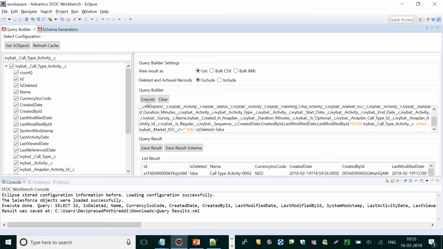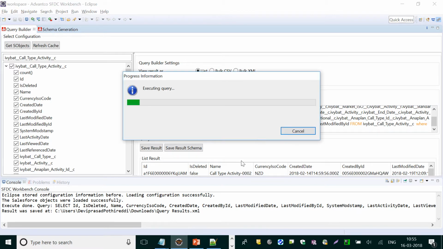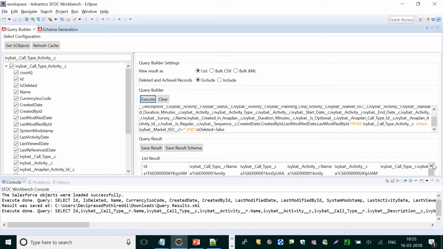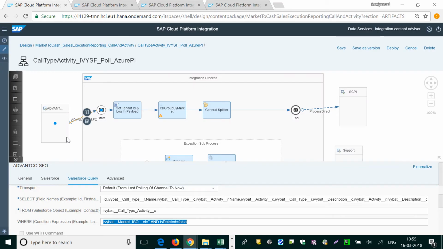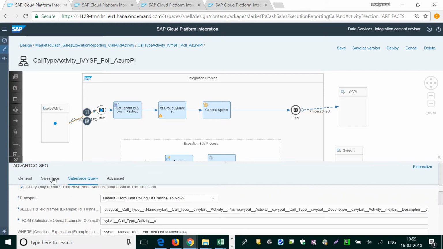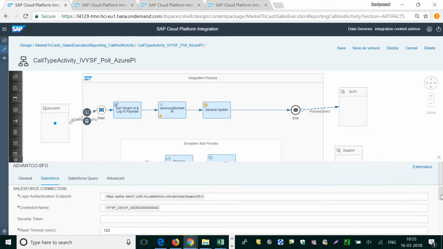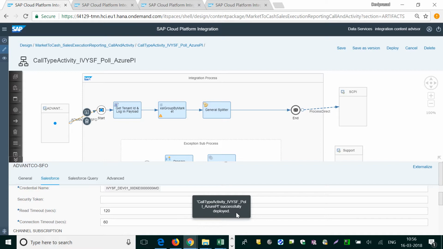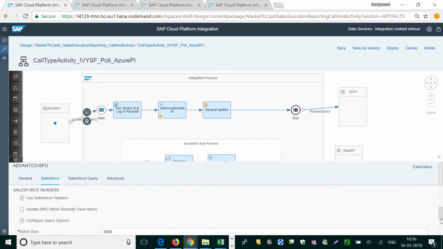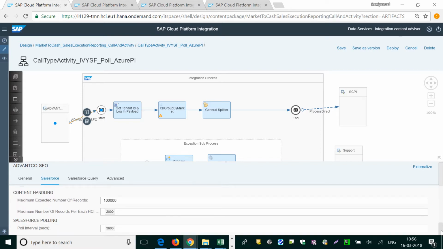Okay, and execute it. So it will fetch us data, the same data HCA will get once you deploy it, because of the poll interval time. So in Salesforce, as per the poll interval time, it will execute a query in the connection timeout, right, and read interval time, and poll interval time also you can see here. The maximum number of records, the poll interval. For every 3,600 minutes, it will place a query on the Salesforce and get the data into this